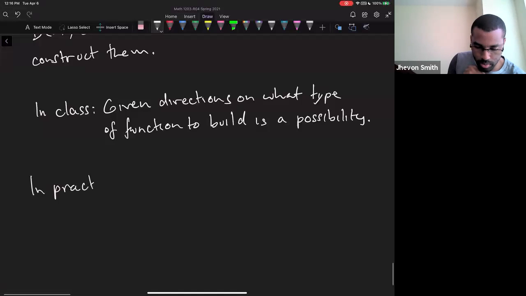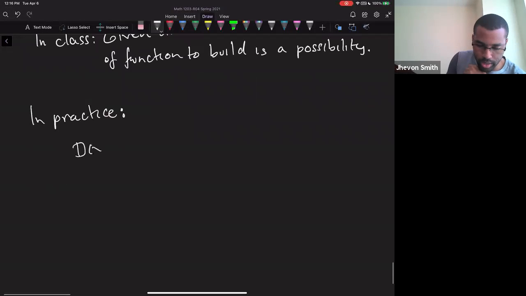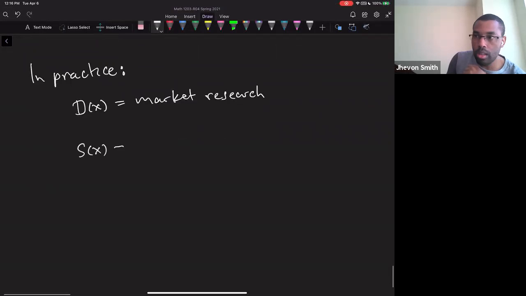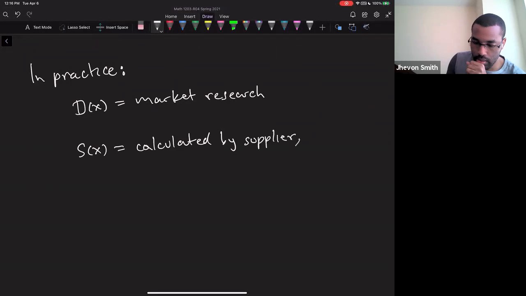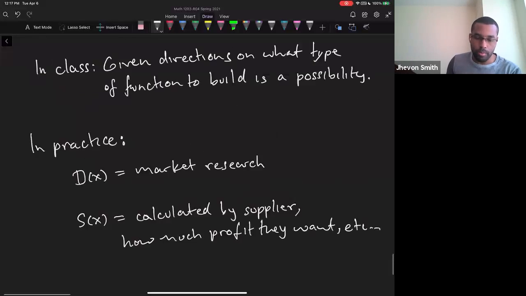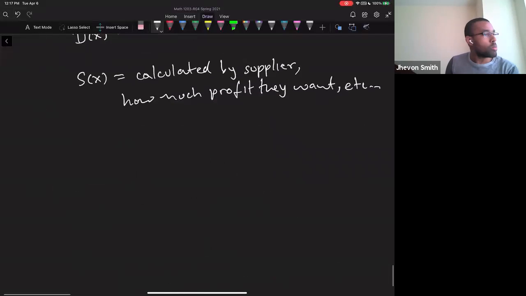In practice, D of x is done by market research. And S of x is calculated by the supplier, based on how much money they want to make. Right. So that's what you need to know. Also, you should know,